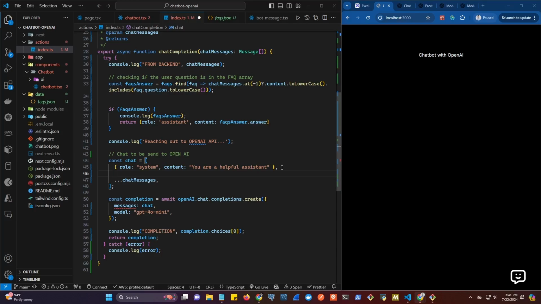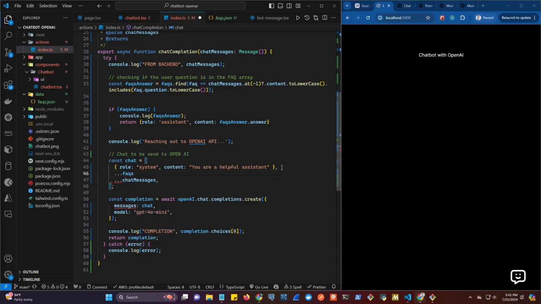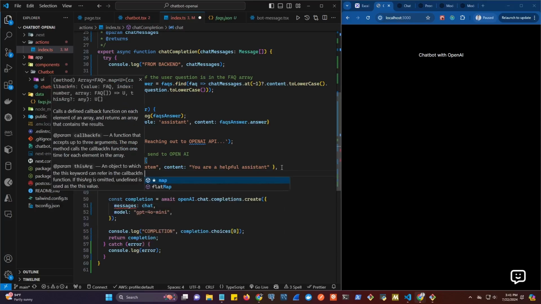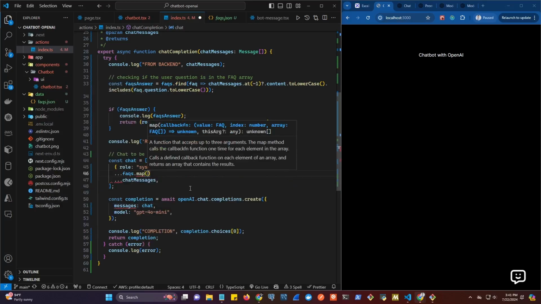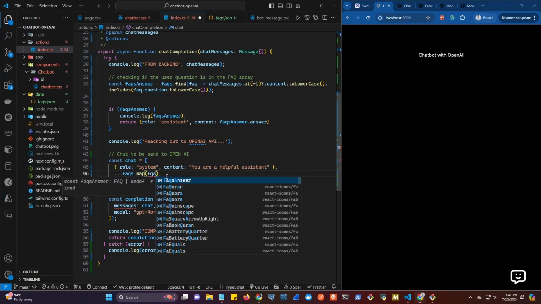So let's do a spread operator here, and let's spread the FAQs array, that map. So map is going to return a new array, and we're just going to spread all those elements in there. Let's put a comma here. So inside of map, we are going to grab each FAQ object